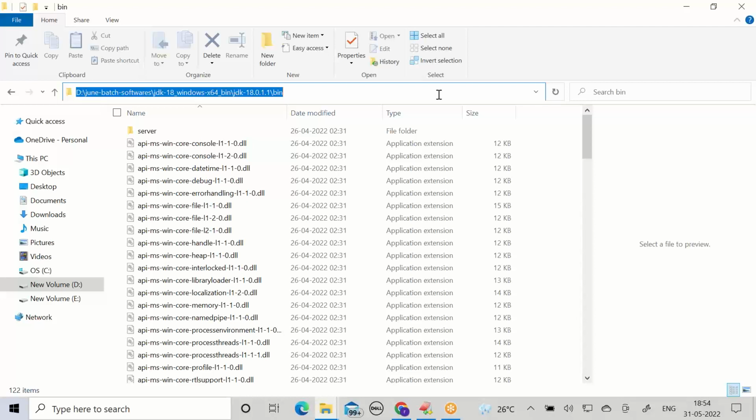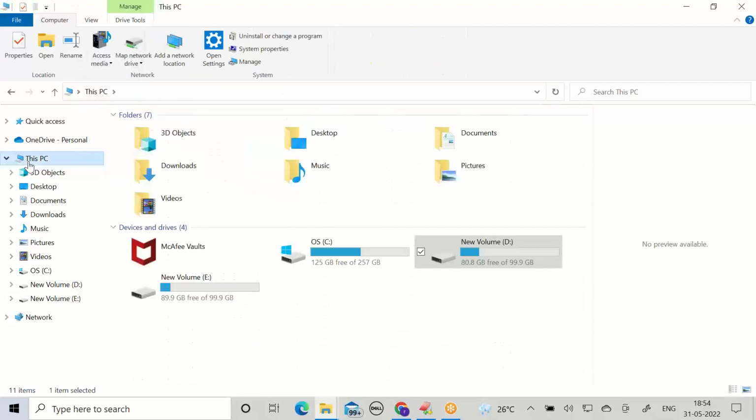User-wise, setting a path. How can we set a path? Copy this bin folder location. Then on the left side you can see This PC or My PC. Right click.